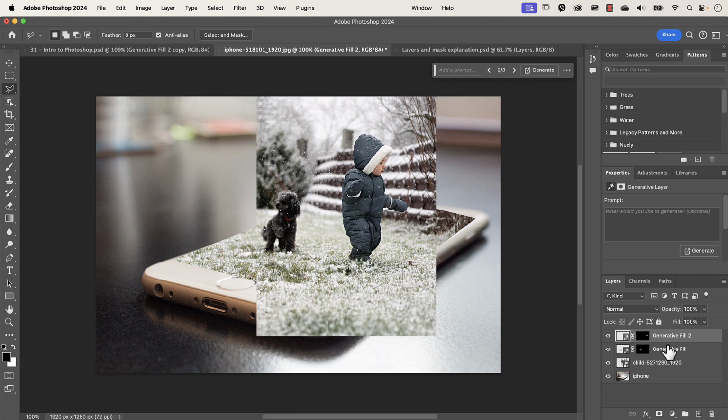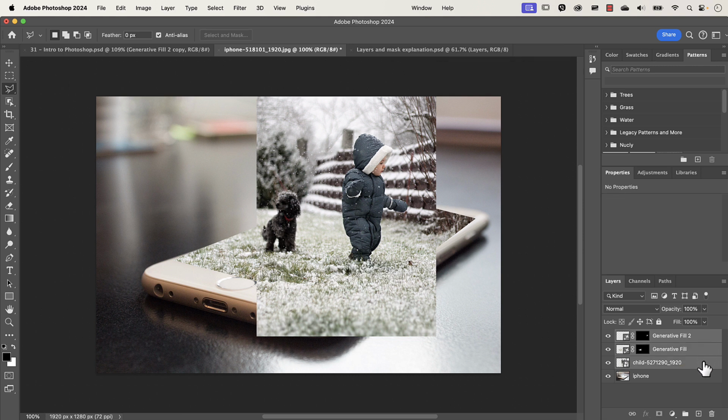But our layers here are getting a little bit unruly. So what I'm going to do is group them all together into a folder so then I can keep track of it. With my first layer selected, now I know that it's selected because it's light gray here compared to darker gray here. So if I click on this, click on that, the selected one is the lighter gray. So just make sure that the top layer is selected, and I'm just clicking on the empty area to the side of this. Press Shift on the keyboard and then go down to the child layer here and then press once on my mouse, and all 3 layers are